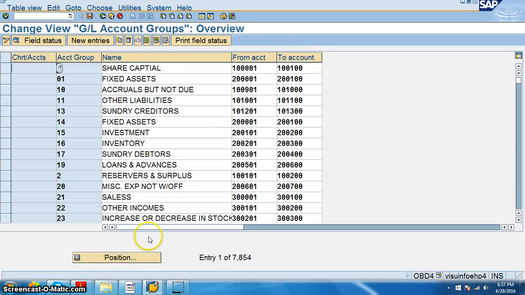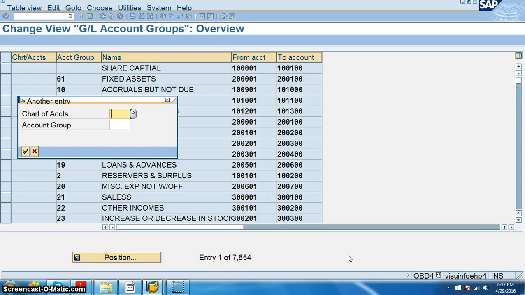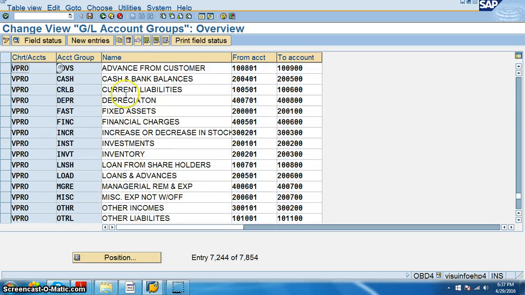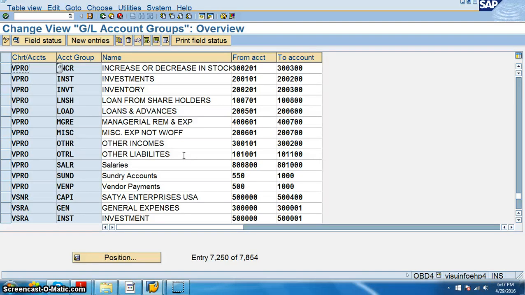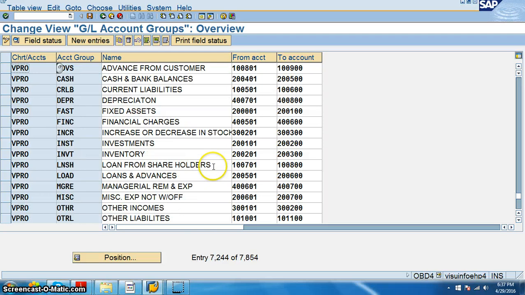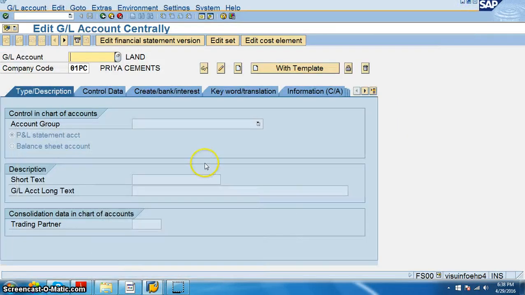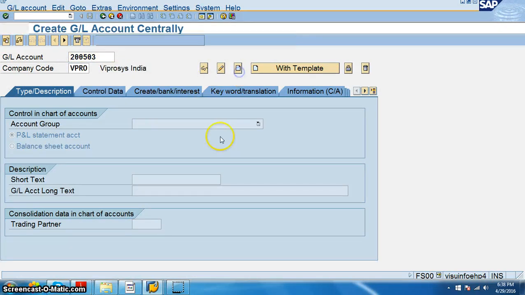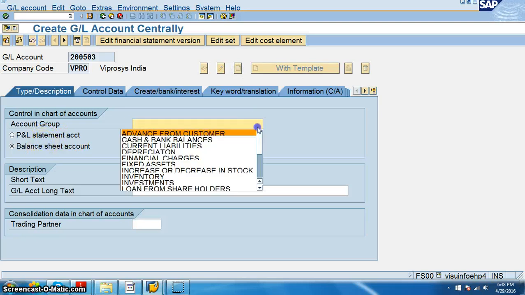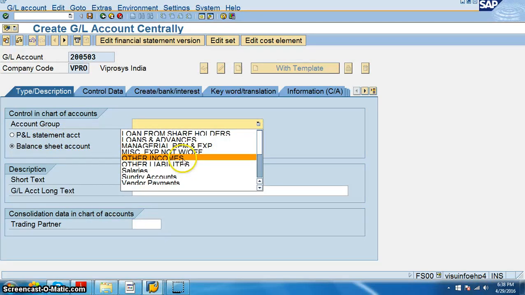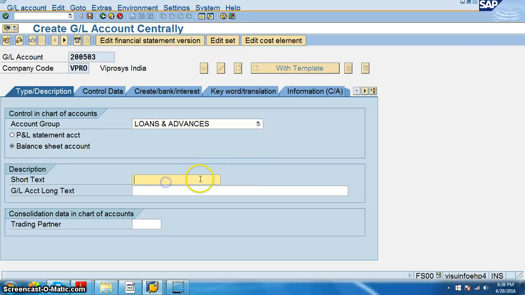Now in the OBD4 position, the chart of accounts is VPRO, and for the VPRO we have interest rate, loan and advances 200501, 200503, and VPRO is the company code. Create, and here balance sheet account, here we need to go for loan and advances.